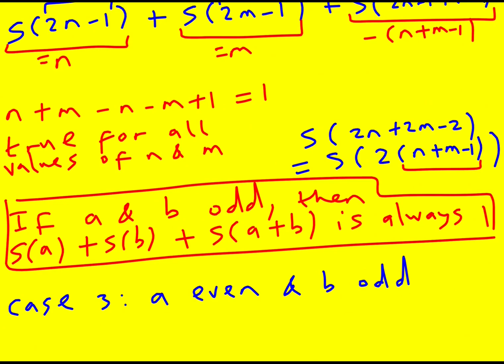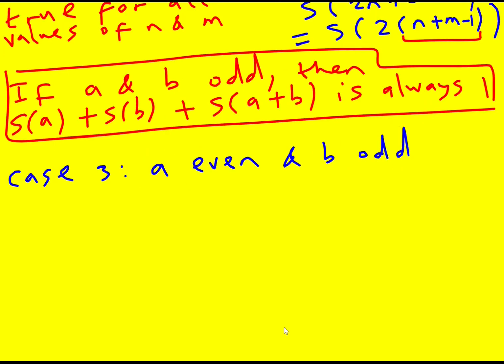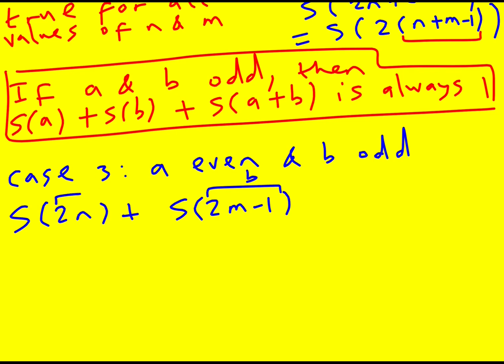So it's not going to be a different solution. Right. So now we're going to get S of 2n plus S of 2m minus 1. Remember, this is my B and this is my A,